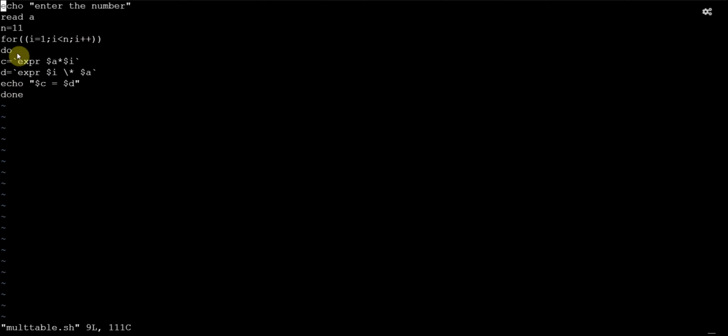Okay, now c equals expr of this, which is nothing but to show. Okay, if I give space in between these things, this function works. If I am not going to give any space here, this will be printed as it is. So if I give space between these things, then this function executes and gets calculated. So now let me run this code and show you.